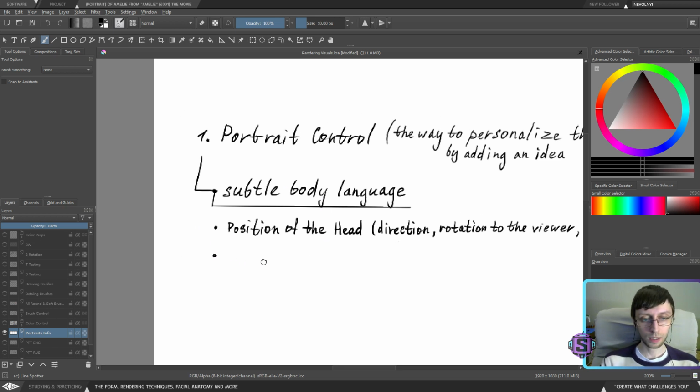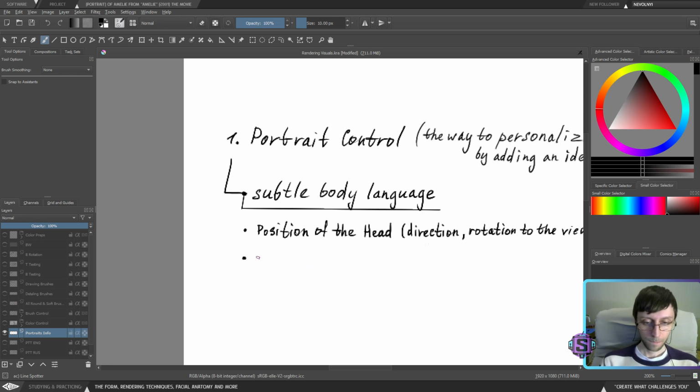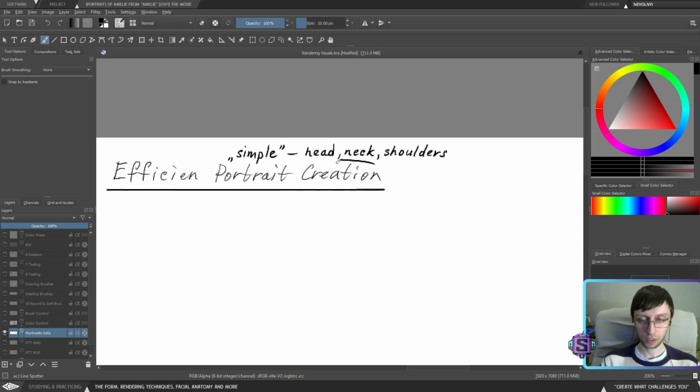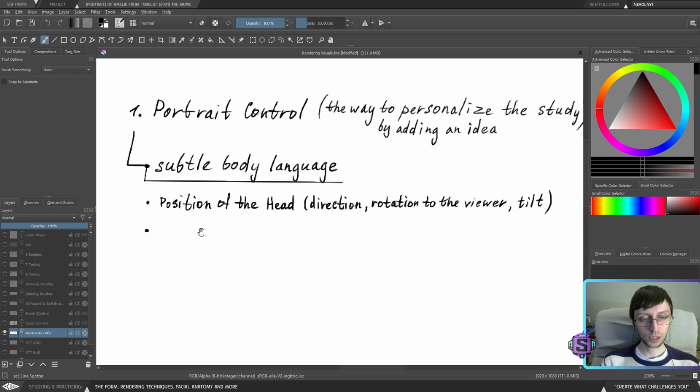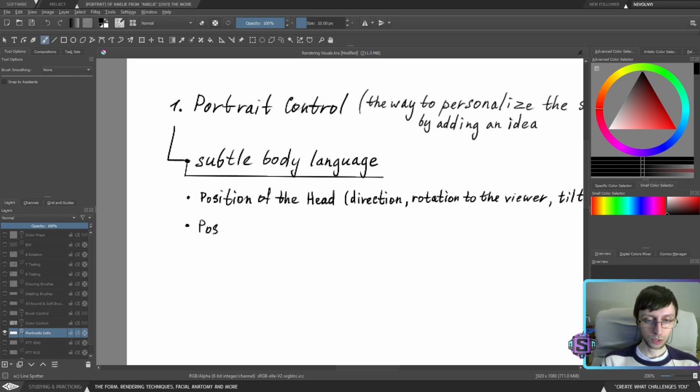So the second thing is the position of shoulders. By the way, the position of the head and the position of the shoulders ideally give us the control of the neck. So we're not covering the neck controls specifically, because it's not separated from the head and shoulders. It's something that connects the shoulders, the neck, and the head. In most cases the neck is controlled by these two elements, the shoulders and the head.